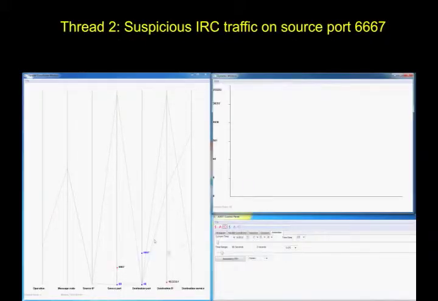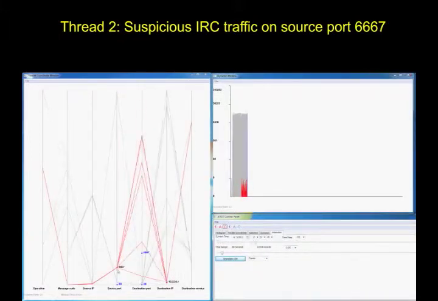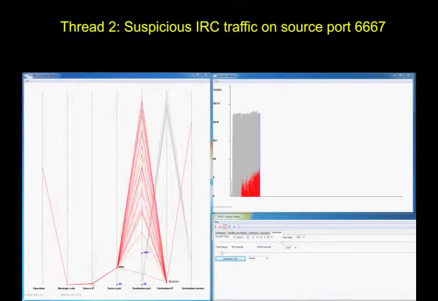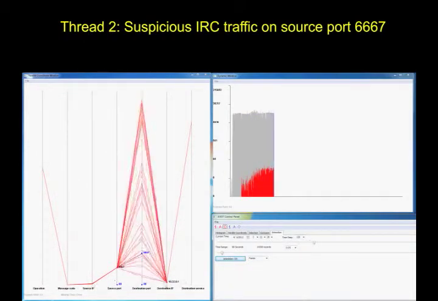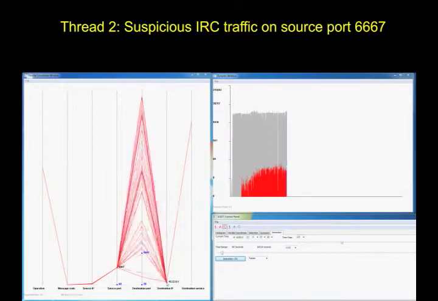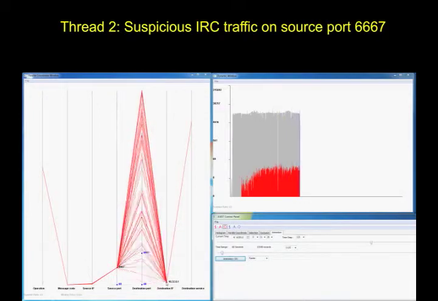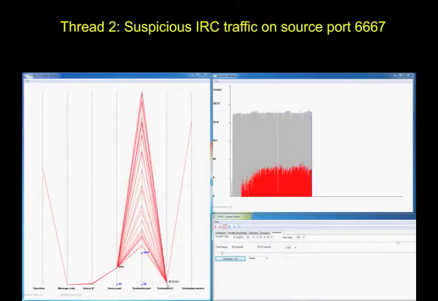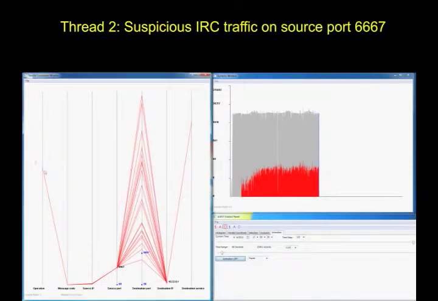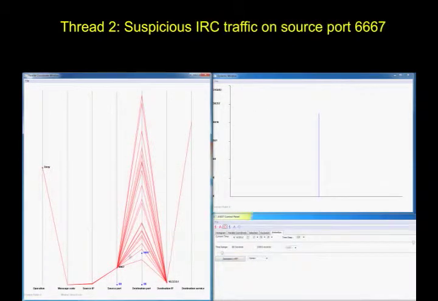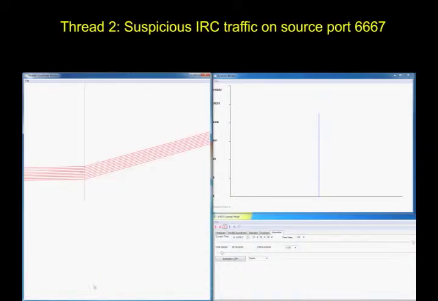The second issue we find is the IRC port activities through here. By playing the motion, we can see that sometimes these activities start coming from a small set of source IP addresses accessing one of the destination IP addresses, which is the firewall. Although all this activity is being denied, we can see from here,